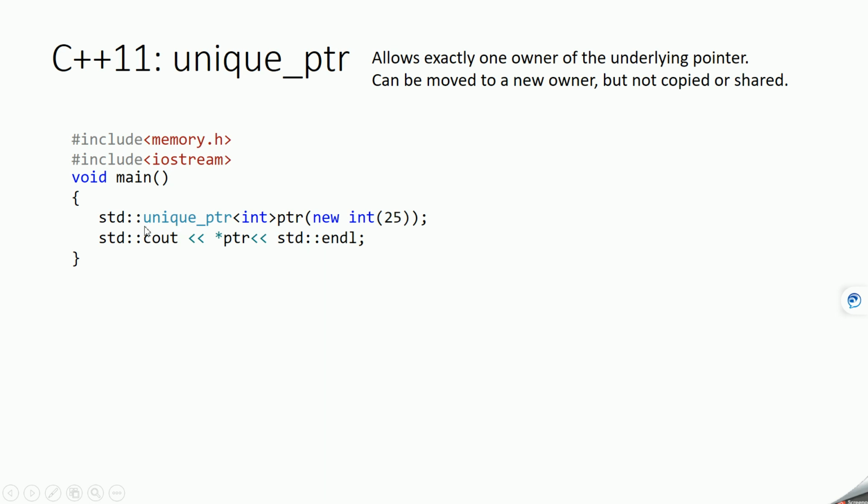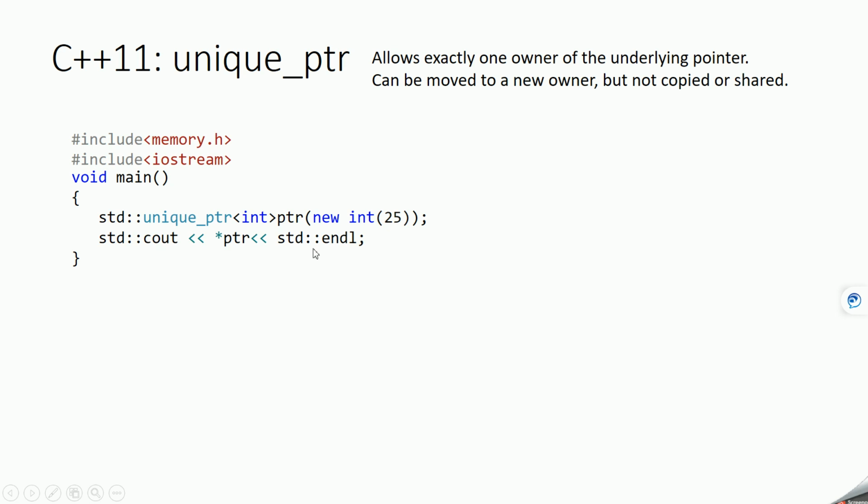To create a smart pointer, you give unique_ptr, then the data type, which type of pointer you want to create, basically int, float, double, or any user defined type, and then the name of the pointer. Then you say new int and the value you want to assign to that memory. Here, new int will create a memory that gets initialized to 25, and then this ptr will be pointing to that memory.